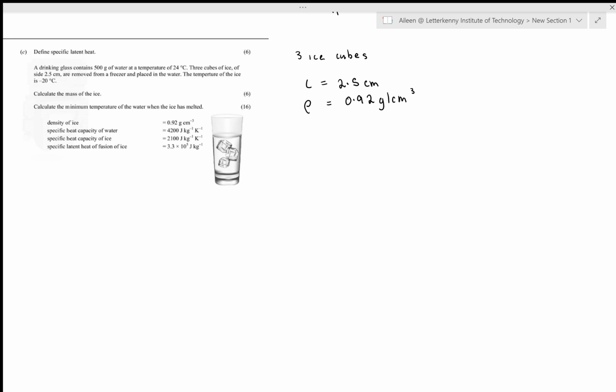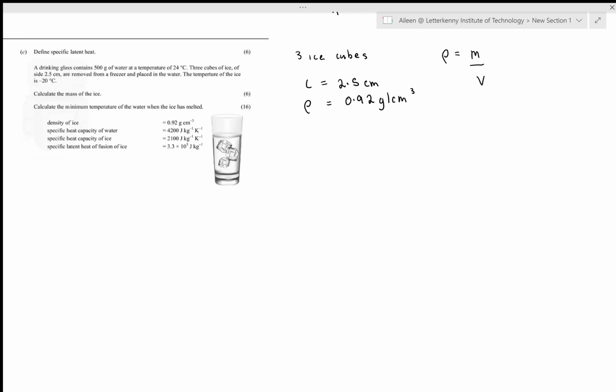Well, I need an equation for my mass. So I know from my log tables that my density is equal to mass divided by my volume. So I have my density, and if I can find my volume, I can find the mass of my ice